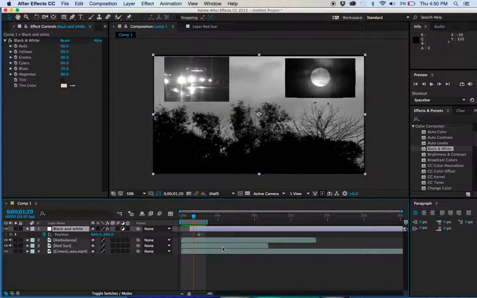Okay, so that's the basic idea of adjustment layers, and it really helps when you get into things like color correction. If you have like a slideshow you're putting together or a multimedia project with different hues of video, different color backgrounds going on, you can apply the color correction to the whole composition and fix everything into the same look that you're going for